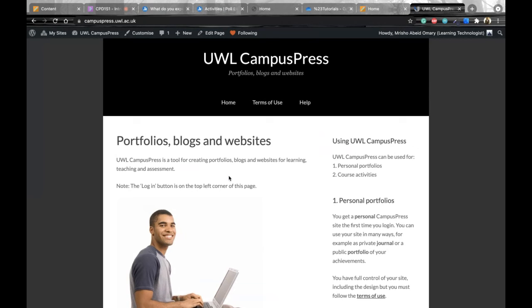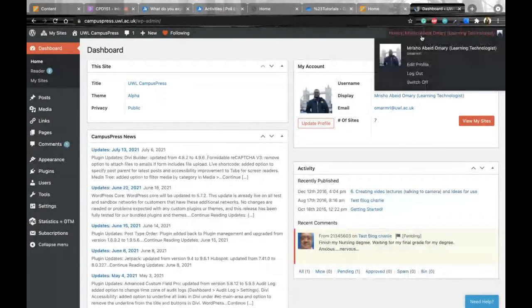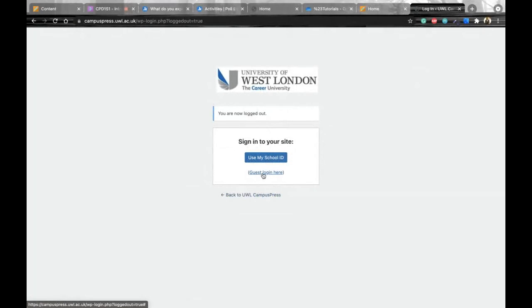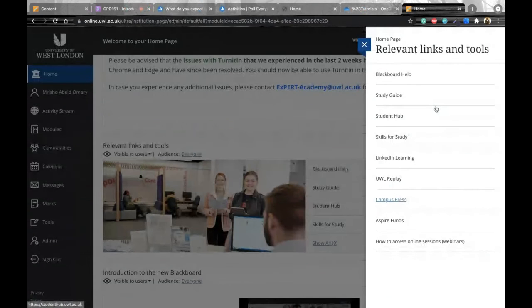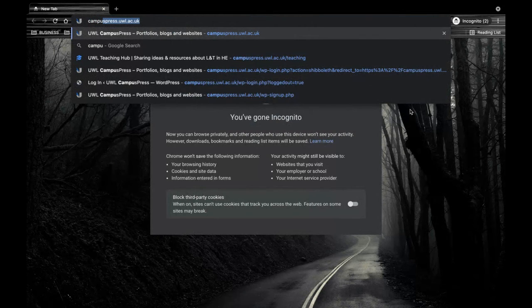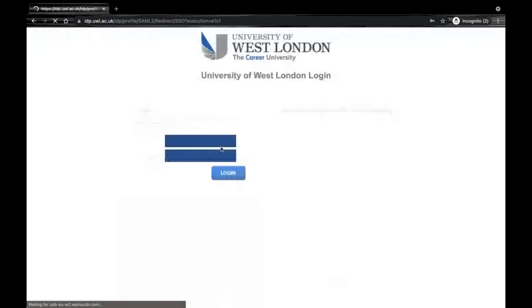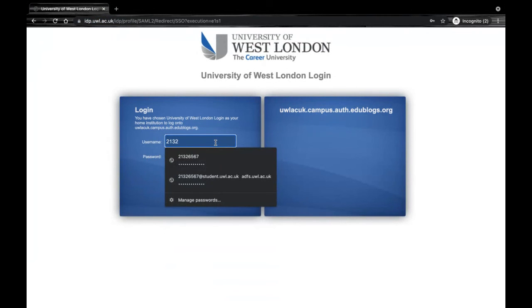So when you come to CampusPress, by the way, apologies, let me use a different account. Okay, so let me log in differently. There is another way to log in. I don't have to go to Blackboard. I could simply type campuspress.uwl.ac.uk and it will take me to the page directly. If I go to login and this time use a different account,